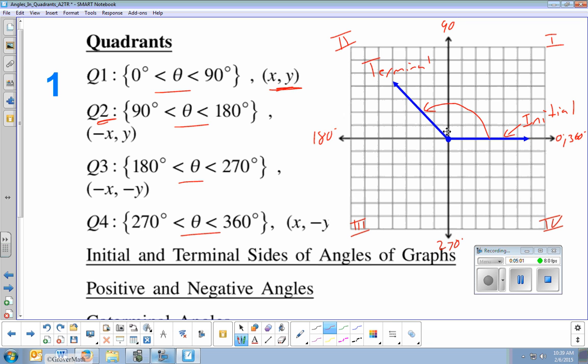Now, this would be an angle in quadrant 2. So this measurement is probably something like 140 degrees. It's between 90 and 180. It looks to be about 140. If you had a protractor and measured it, you would see it's about 140. And so anything between 0 and 90 is going to be in quadrant 1. If I opened the angle to be here, then it'd be between 180 and 270. Like if I wanted to draw an angle of, say,